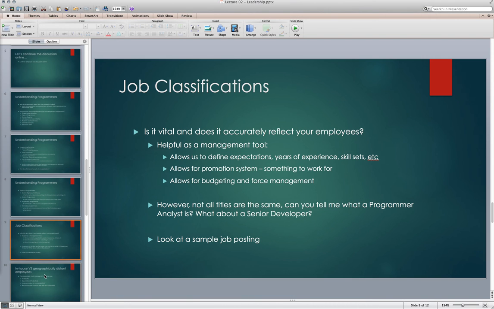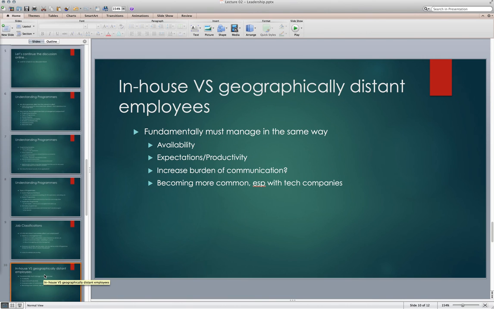Okay, so we've been talking a lot about in-house employees, hiring and managing, and something that you'll see, I think, if you haven't already, is a lot more of a geographically dispersed workforce or team. I worked for a startup a couple years ago, and we were very diverse. We had two guys located in the town that I was from in South Dakota. One guy was out of Fargo, North Dakota, and one guy was out of Seattle. And then the business owners were back and forth between Sioux Falls, South Dakota, and Seattle.